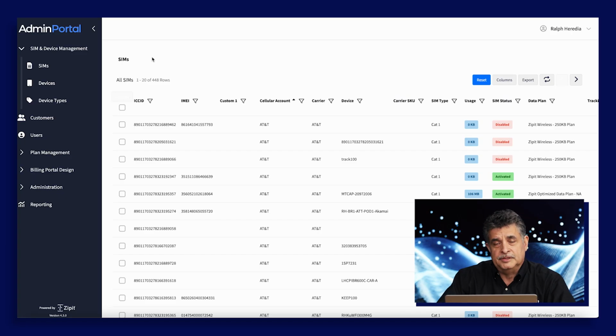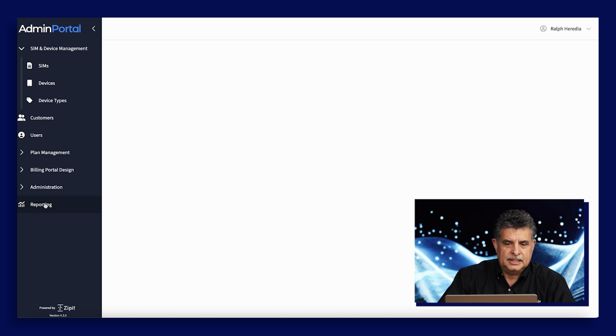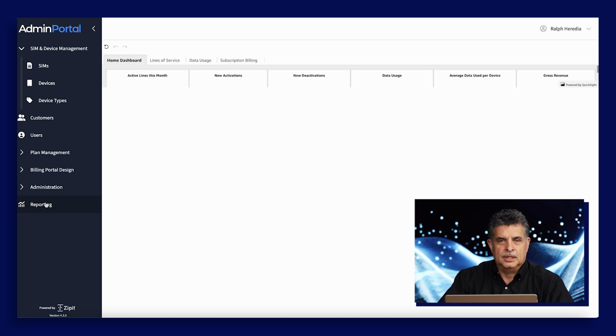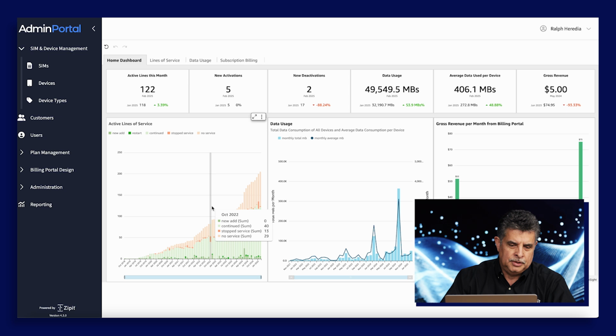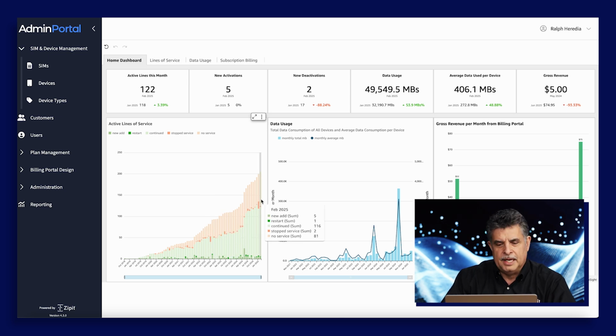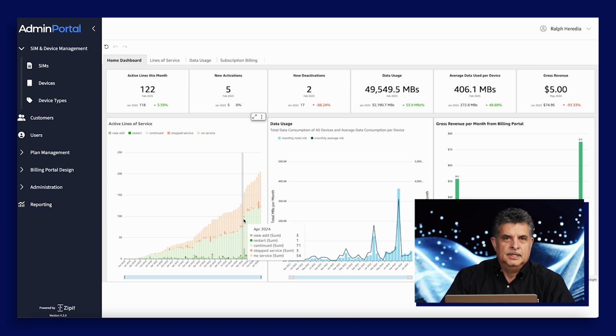But one of the more important features of the Zipit platform is the reporting tab. Once I click reporting, because I want to look at and get a holistic view of how my business is doing, I can look at the growth rate and churn rate, which shows how many new devices are being activated, how many devices are being restarted from a deactivated state, or how many continued month to month.